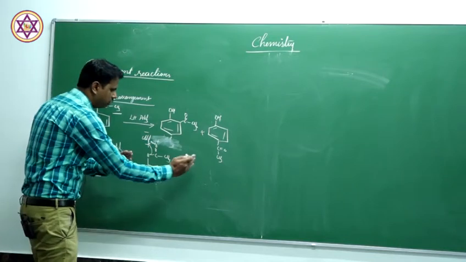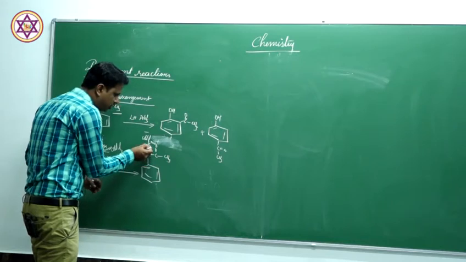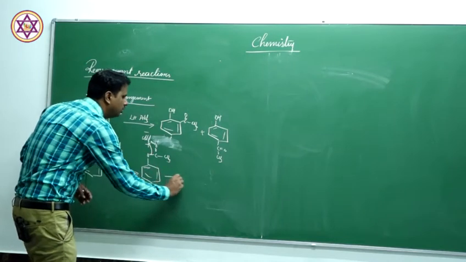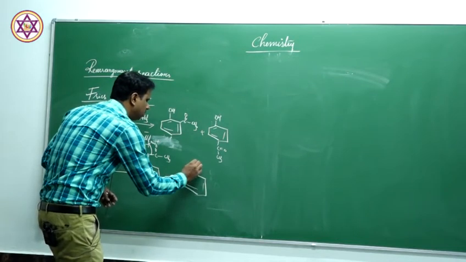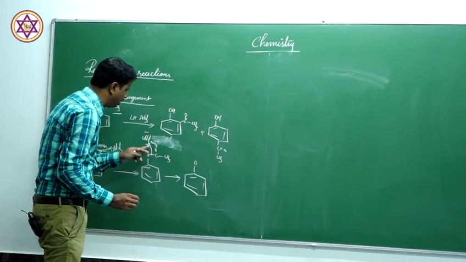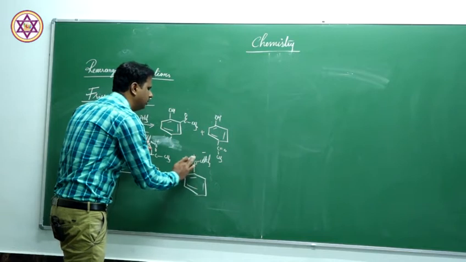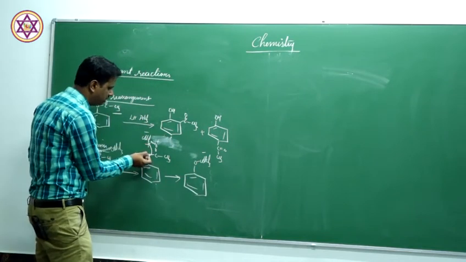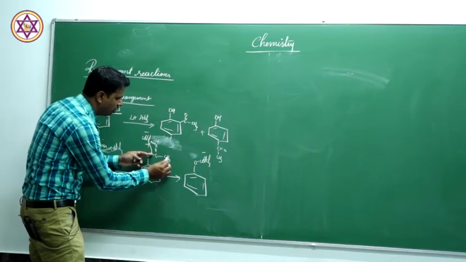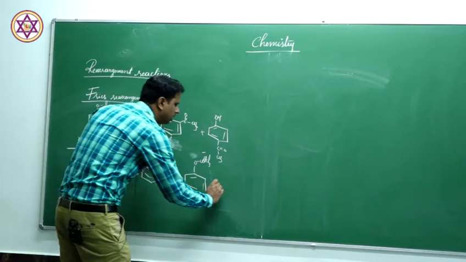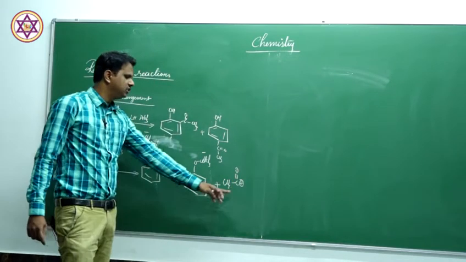So this molecule breaks. The oxygen and carbon bond is now migrating towards AlCl3. You will get a compound like this: the oxygen-carbon bond is now transferred to AlCl3, so we can write AlCl3 minus here. Now we got CH3CO with a positive charge, CH3CO plus. This is the acylium carbocation.